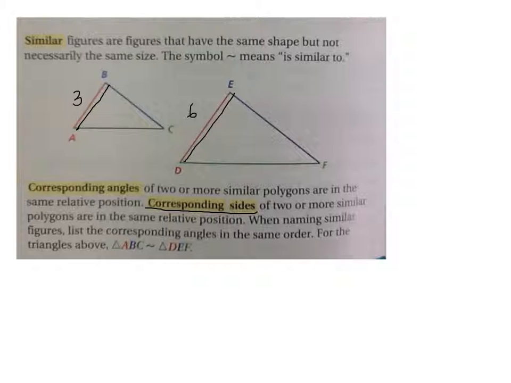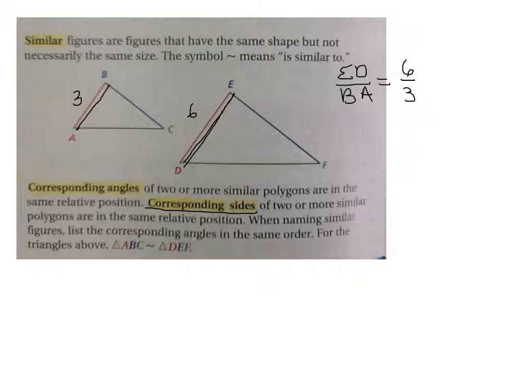So if you look at line segment ED, what is the corresponding side to ED? It's on the same part of the triangle, but on the smaller one. What would it be? Good. So we would say ED corresponds to BA. So if we set up a ratio for this, we would say ED's length is 6 and BA's length is 3. Now we can't tell anything yet because in order to determine if a triangle is similar to each other,